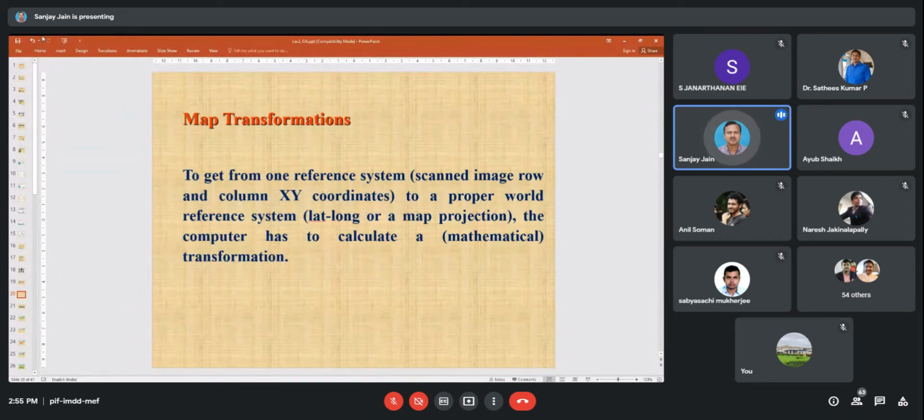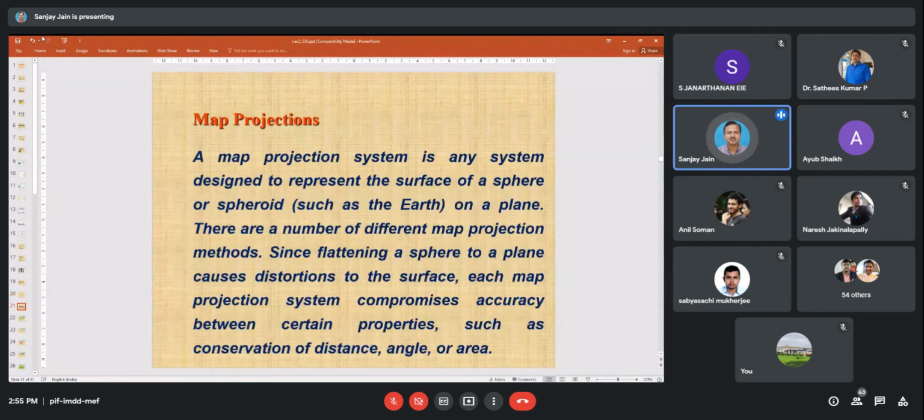Okay, so that coordinate I have to give, and I have to give also a reference system for a map projection. What is that map projection? A map projection is any system designed to represent the surface of a sphere or spheroid, such as the Earth, on a plane. I am projecting our spheroid or sphere on a planar surface. Therefore, I have to give a projection system.